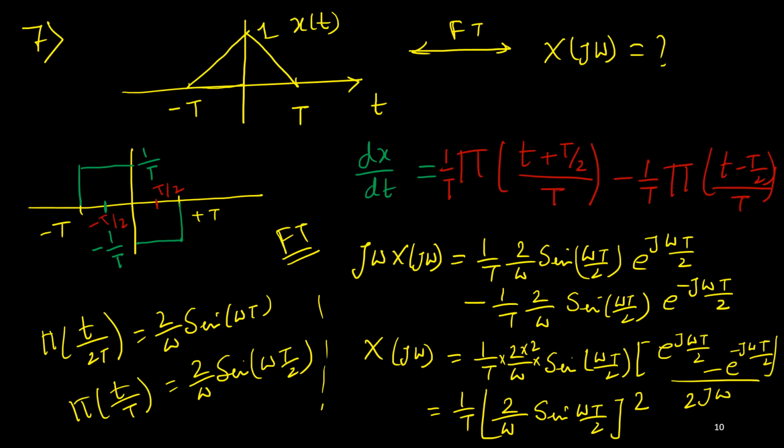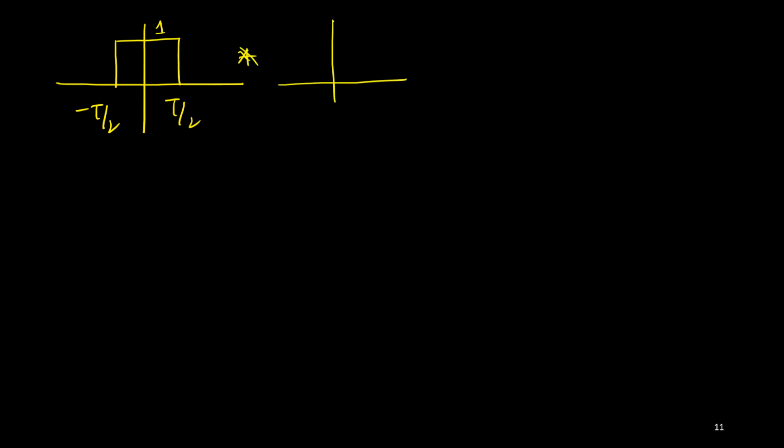And this also we can do using the convolution property, and that is very simple. So you see, if you take a convolution between these two, a gate from minus T by 2 to plus T by 2 with height 1, and again a convolution with the same function, minus T by 2 to plus T by 2, with height 1, then